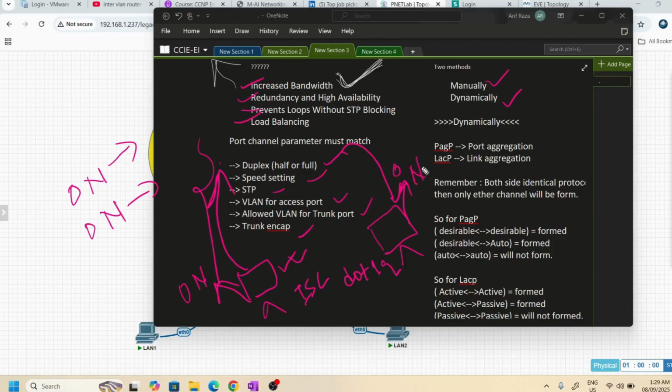If you define the ether channel group, you have to define on mode on both sides. If you use on mode here and another mode like desirable or active on the other side, it will not form. If you're defining it manually, both sides should be on, right?